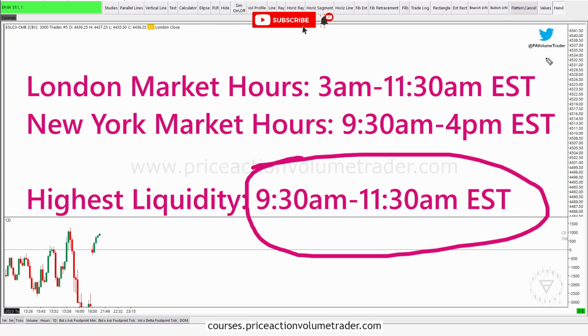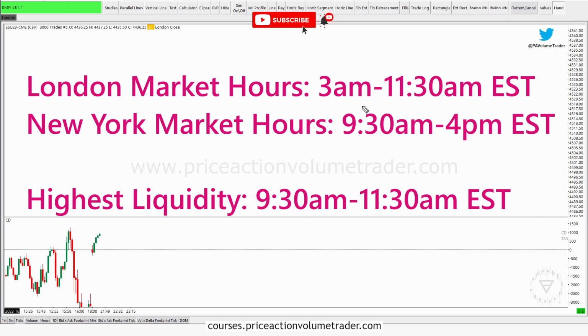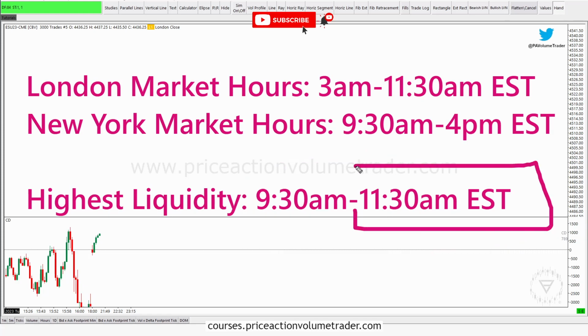During those 2 hours, we're going to have the highest liquidity during the day. And then right at 11:30 a.m. Eastern, when Europe closes, I tend to observe that there's usually some kind of shift in terms of momentum, or even in terms of the trend that we have going on for the first 2 hours of the